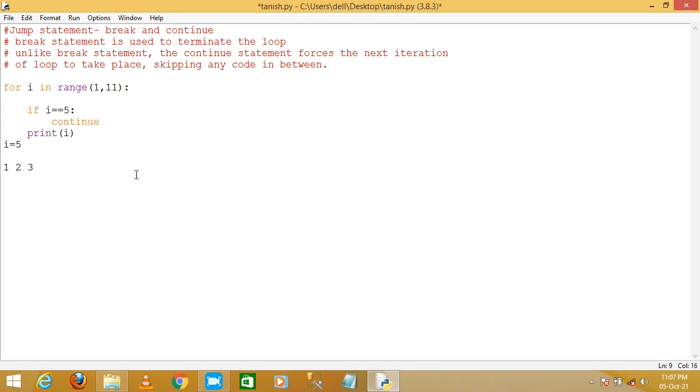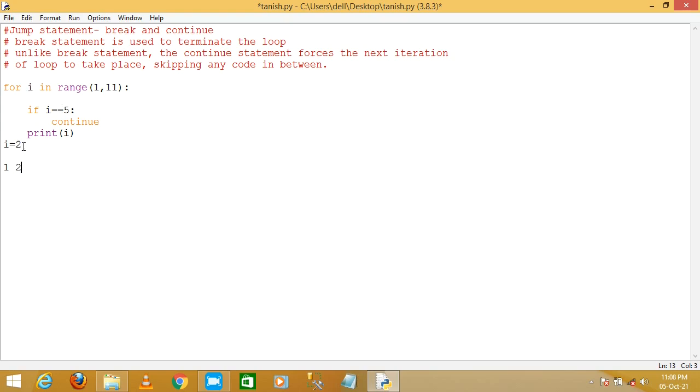Let me explain with a simple example. The value 1 is assigned into the i variable. Check the condition, it is false, so print the value of i as 1. Next time the value of i is 2, the condition is false, so print 2.